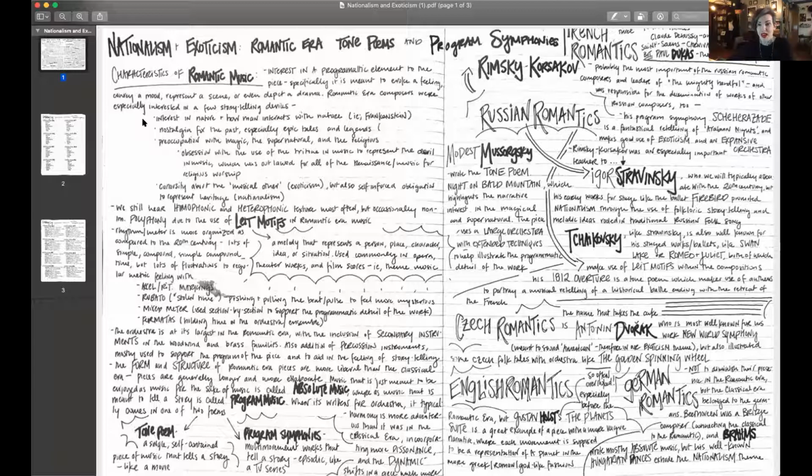So we're going to hear that as a trend as well. All of those narrative characteristics are a part of every single listening example that I've picked for this lecture today. I'll make sure to draw attention to which one we're listening to or why it hits upon several Romantic era characteristics.